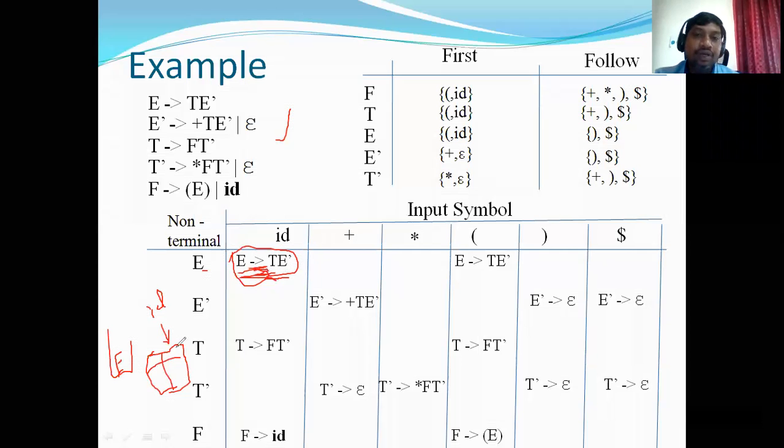That means we are going to expand E with T dash. While expanding, we have to insert the right hand side of the production rule in reverse order. If you insert the string in reverse order, the leftmost symbol appears on top of the stack. That is the reason why we insert it in reverse order.